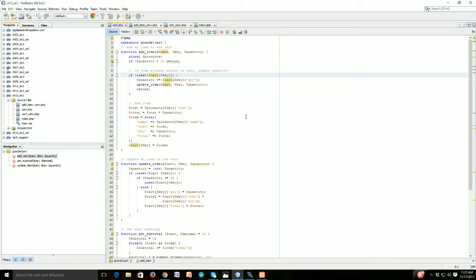Exactly. So now what it's doing is that when you're adding an item, it will add an item to the cart. And then when you update them, you're also updating what is in a cart. It's not pointing to the session, but pointing to the variable cart. Okay. And okay, now we move down to